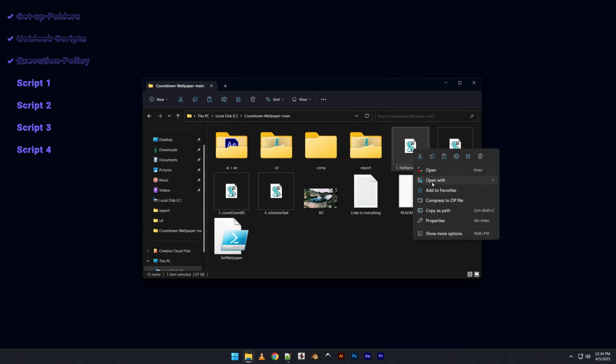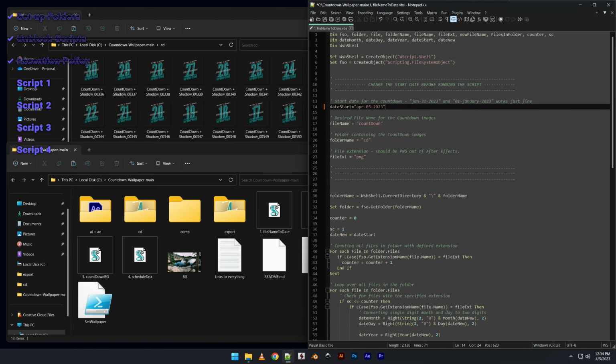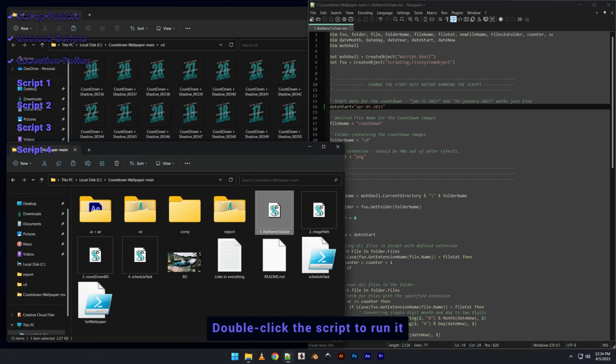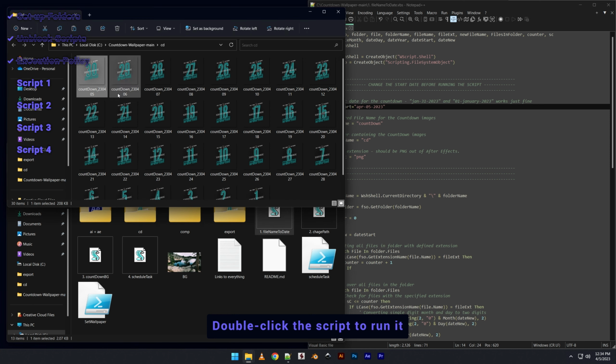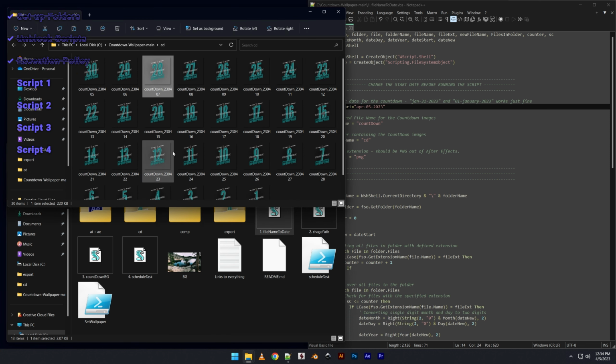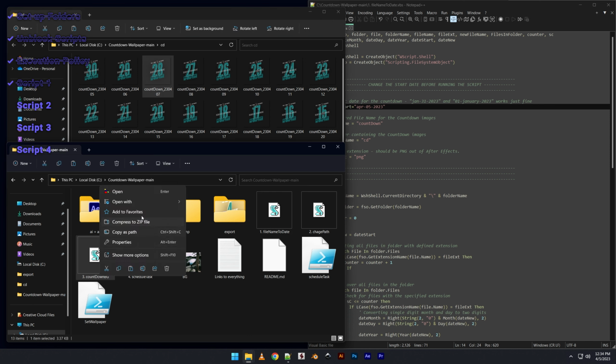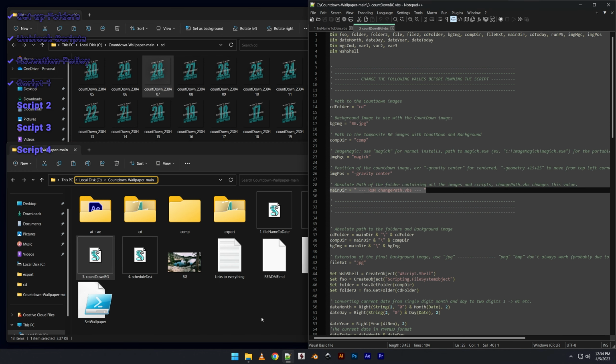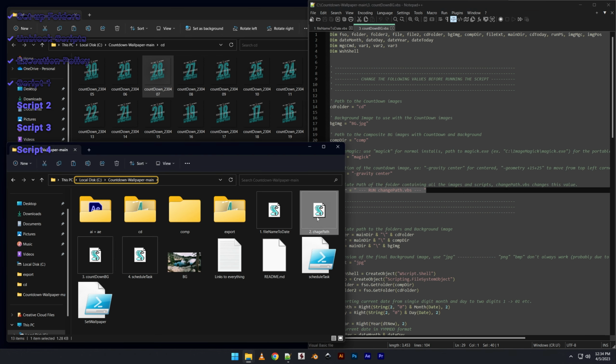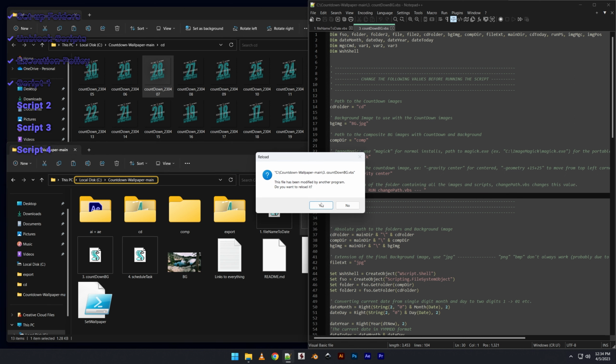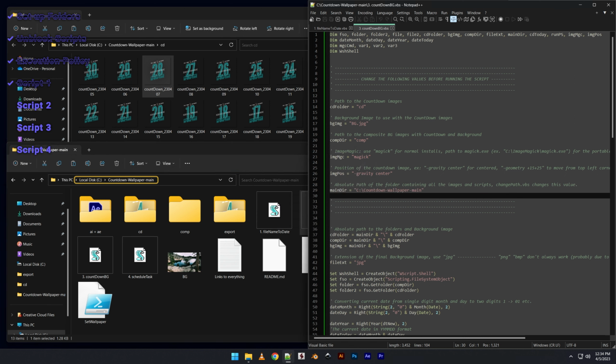Now we can open up the first script with an editor to change the start date of the countdown, then save and run it. It will change the file names of the PNGs in the CD folder to contain the date they will be displayed on. Before running script number 2, I open up the 3rd script to show you what it does. It basically changes the path to the project folder, saving you from one copy-paste. I know, you're welcome. Script number 3 is ready to go, but there are a few things you can change.